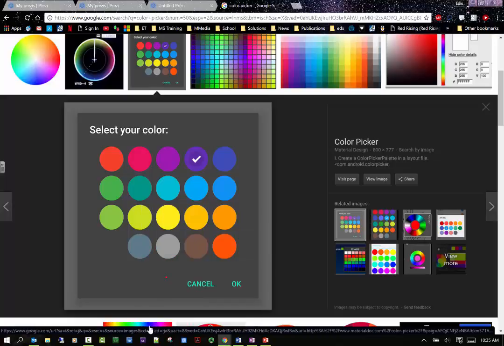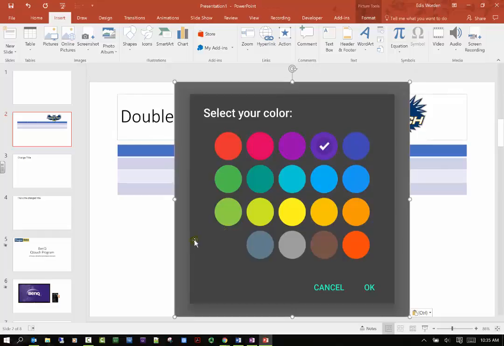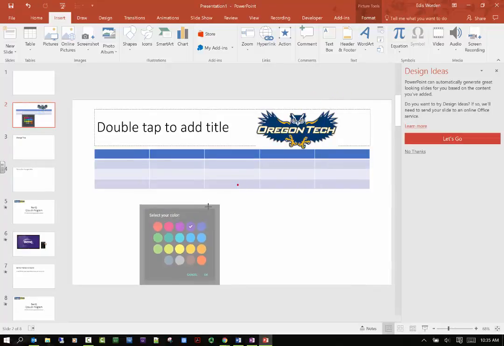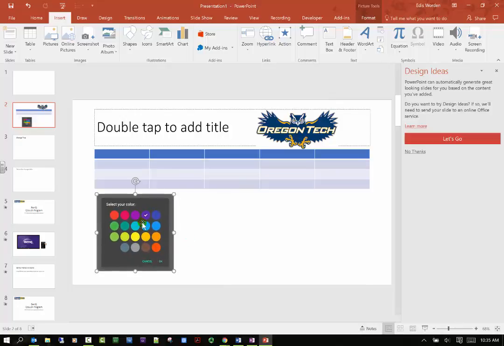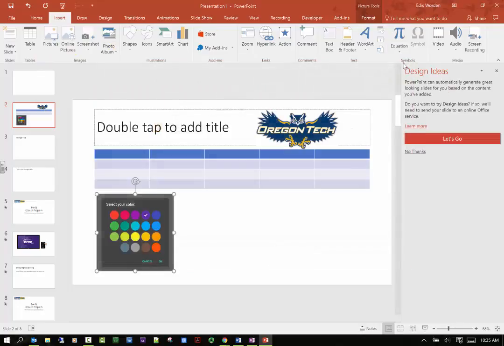I apologize for that. Copy and paste. There we go. So now you could do it that way. It must have just been the program or the way I was trying to select the image. So there it is. I could actually do it that way instead of going through the Bing search, because I'm not a big Bing fan, so I don't